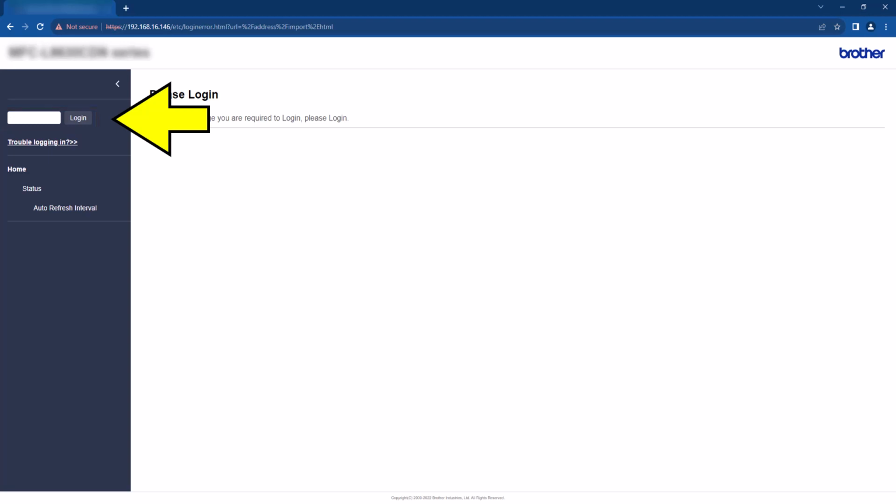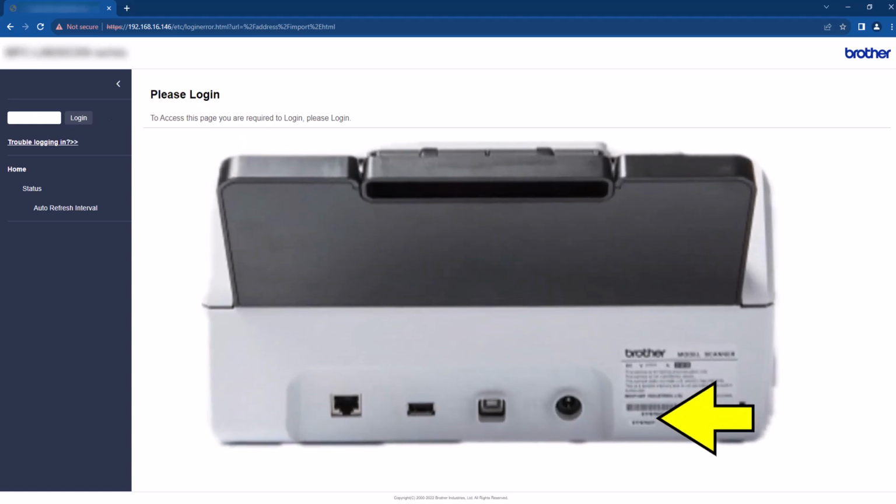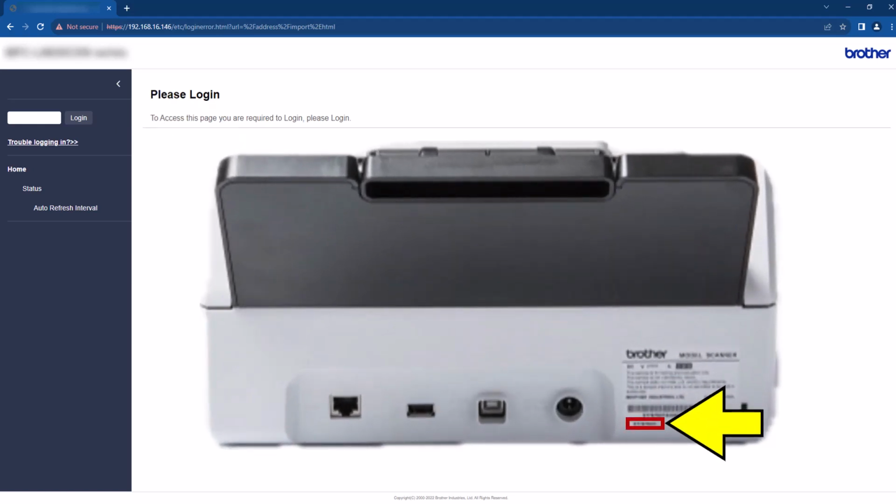To find your device password, locate a label similar to this one. It can be found on the rear of your device. If the password has not been changed, this will be the current password. The password position may vary by device, but is always preceded with characters PWD and then the colon.